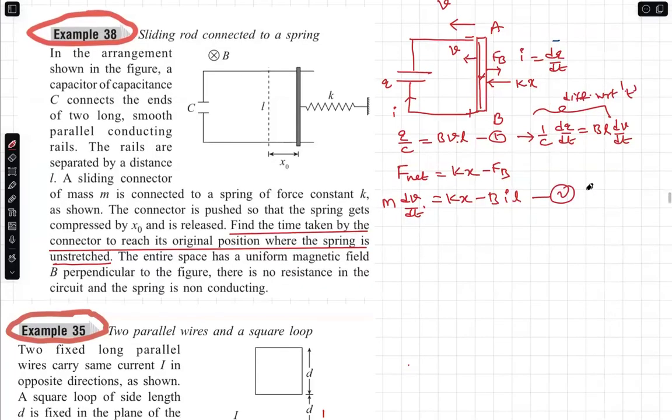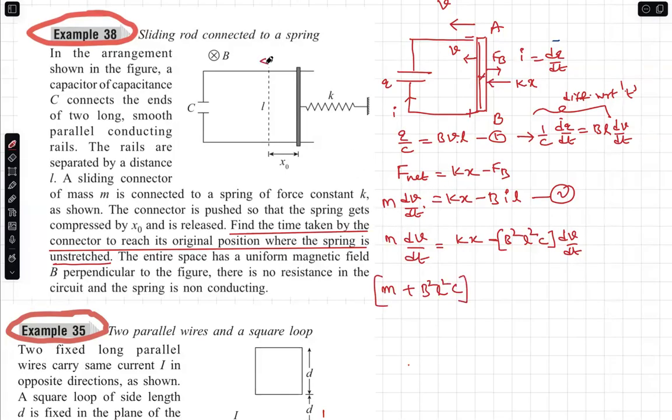Now with these equations, I can make it as m dv by dt is equal to kx minus B I, meaning this part, B square L square C dV by dt. Therefore, M plus B square L square C